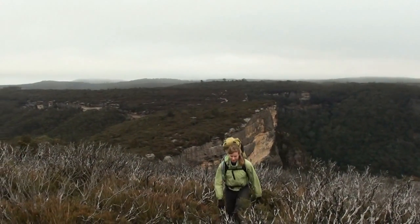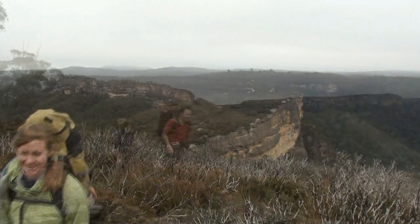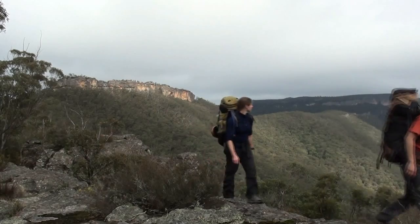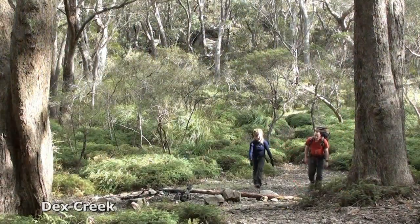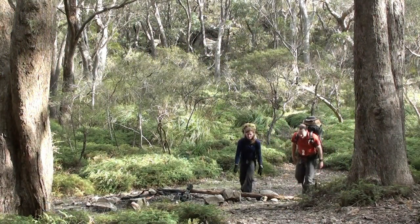The weather stays fine, and we leave Kanangra Walls behind and head for Crafts Walls, Mount High and Mighty, Mount Stormbreaker, and then we stop for lunch on Mount Cloudmaker, where we read the logbook from cover to cover. Then we continue on past Dex Creek, often used as the first night's camp on the classic 3-day walk